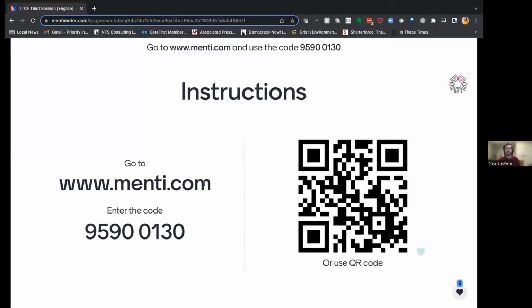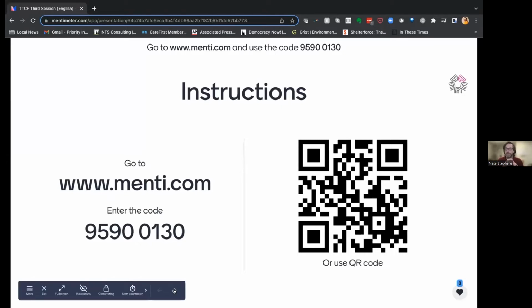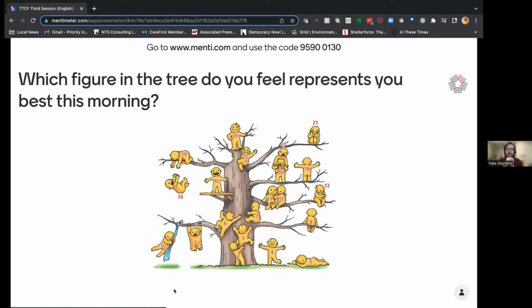Okay, cool. You can keep logging in, but I'm going to advance the slide so that people can start responding to where are you on the tree as you're coming in this morning. Someone's just hanging on.